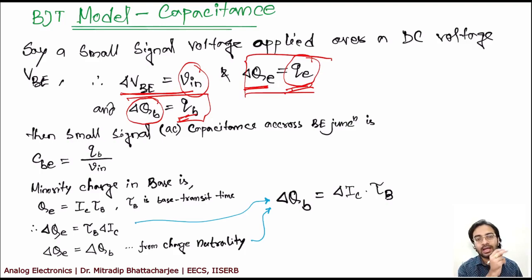You should not get higher change in base or lower change in base, then it will not help the charge neutrality. I mean, if it is more or less, that means whatever charge is more, it is generating somewhere there, which cannot be true. Okay, so QB and QE should be equal as per charge neutrality. Now we know that Q equal to CV.